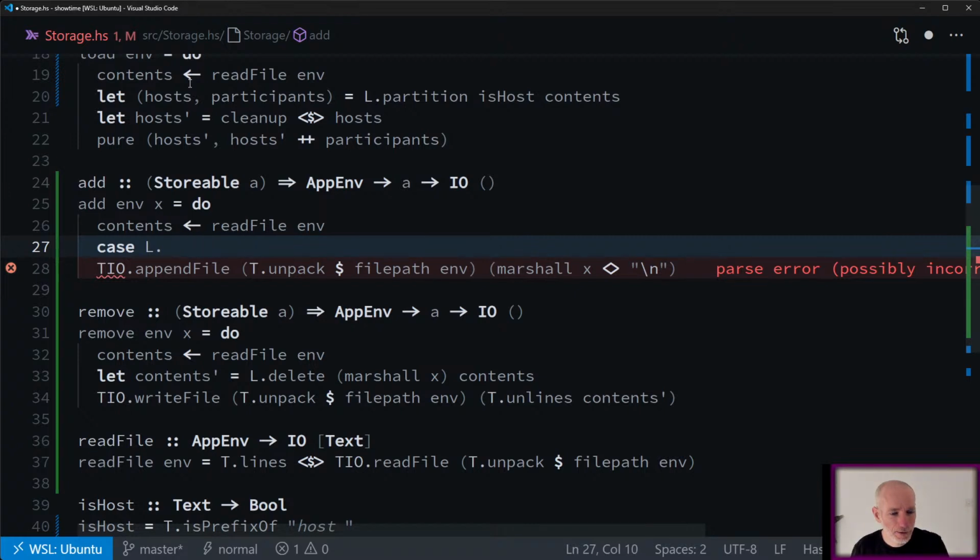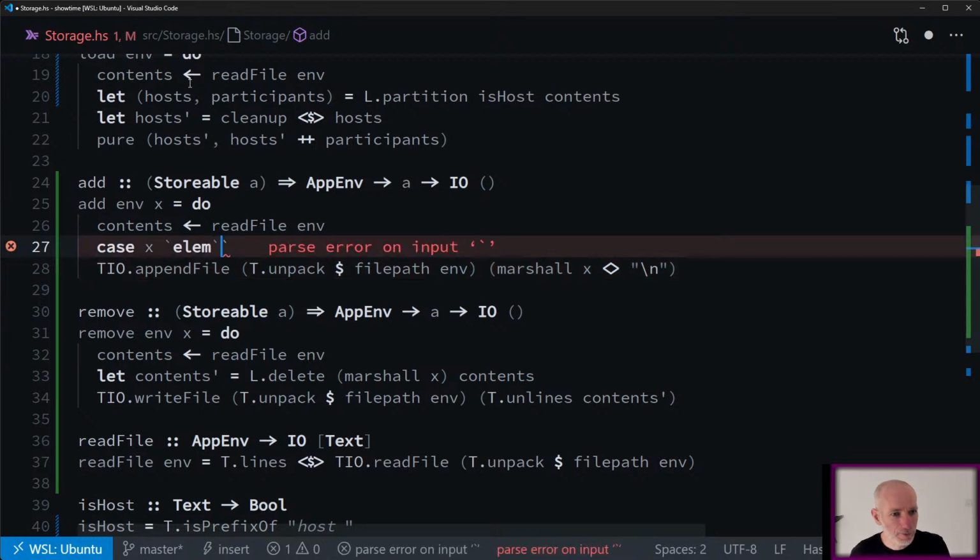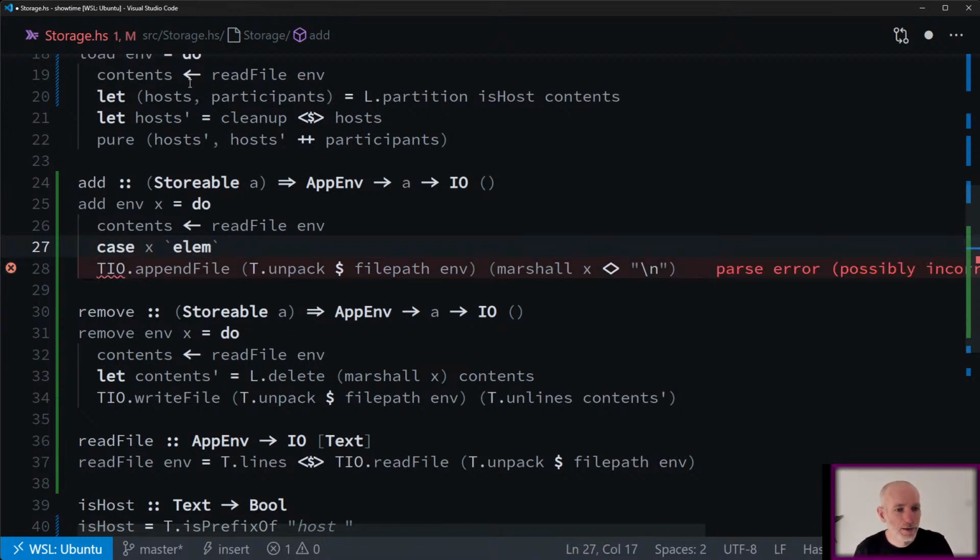You use a backtick normally, don't you, to make it look all fancy like. So you can say if X, it should have been imported as well because it's in base. So that's an element of contents.